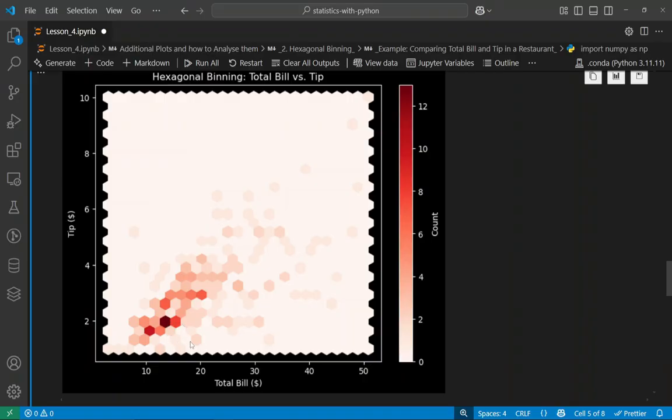After that, as we can see, the total amount of the bill is increasing, and the amount of tip is also increasing, but there are very empty parts as well. So this dark part can also be called the mode, as the mode is used to show the values that are most repeated. So 12 or maybe 11 is the most repeated value.